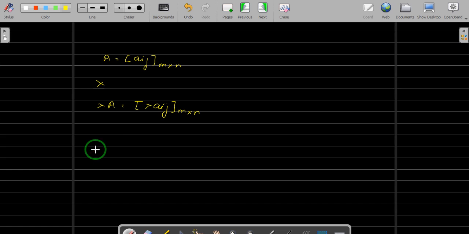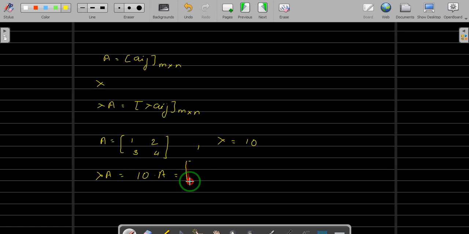For example, let us take a matrix A which is, say, 1, 2, 3 and 4, a 2 by 2 matrix, and let us take lambda to be some scalar, say 10. Then what is lambda A? Lambda A is nothing but 10 times A, right?